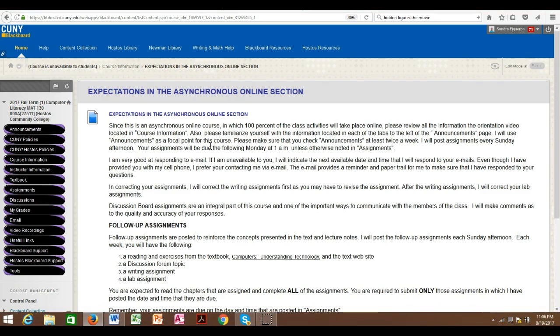You have access to the CUNY libraries, so if Bronx Community is close to you, by all means, go to Bronx Community. You are a CUNY student, you have access with your CUNY ID card to any CUNY campus, using their computers or using the library. So make sure you're aware of that.